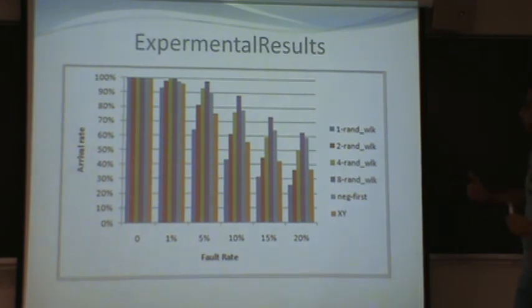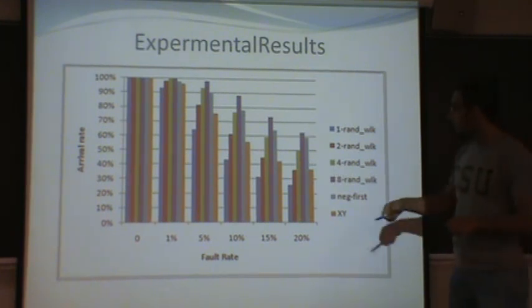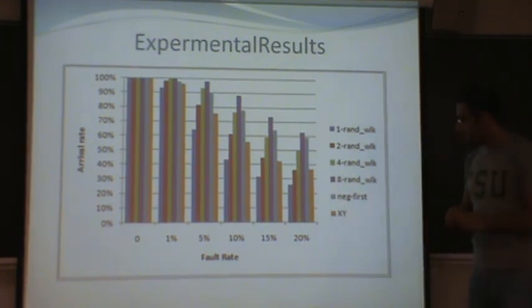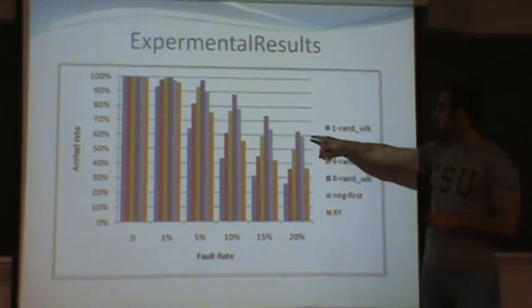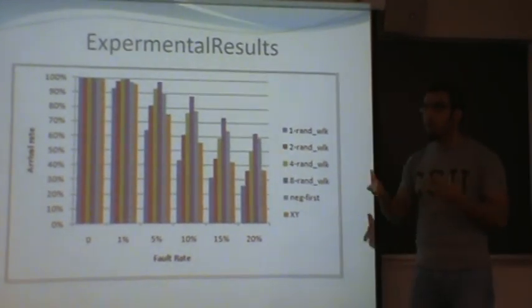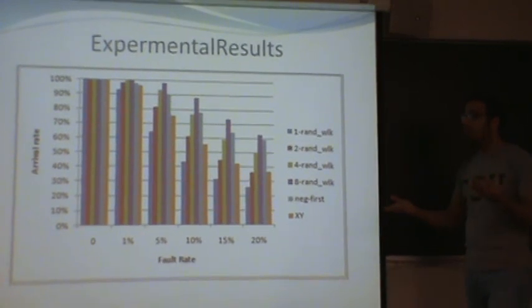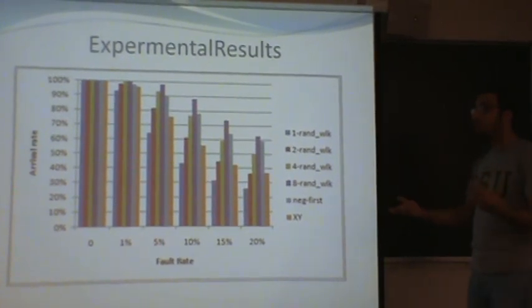As we increase the fault rate, of course, performance and the arrival rate drop down. What I'm really interested in is at under 20% fault rate, we can see that of course 801 is still functioning the best, because now we randomize the path, so we're creating more paths toward the